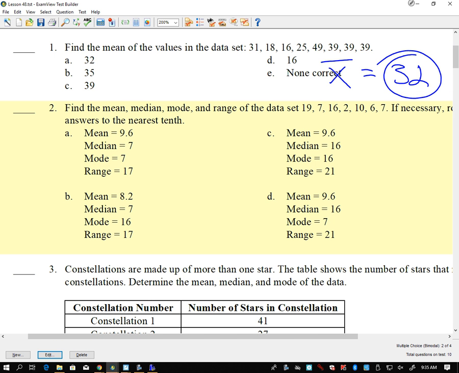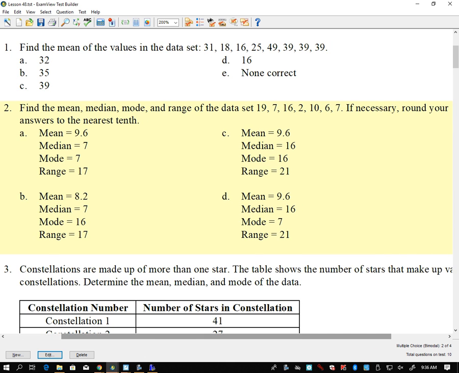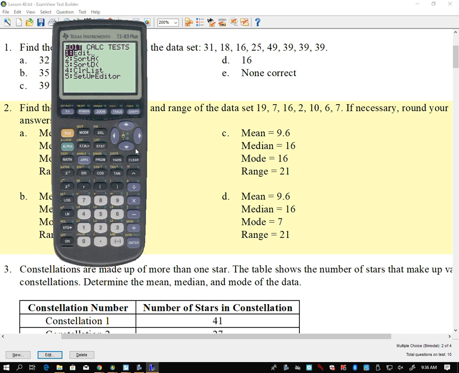What I want you guys to do is plug into your calculator where I showed you to plug it in and how I showed you to plug it in. I want you to plug in this information: 19, 7, 16, 2, 10, 6, and 7. So I'm going to go back in here. I'm going to hit stat again. I'm going to hit edit again. And I'm going to replace my information with 19,